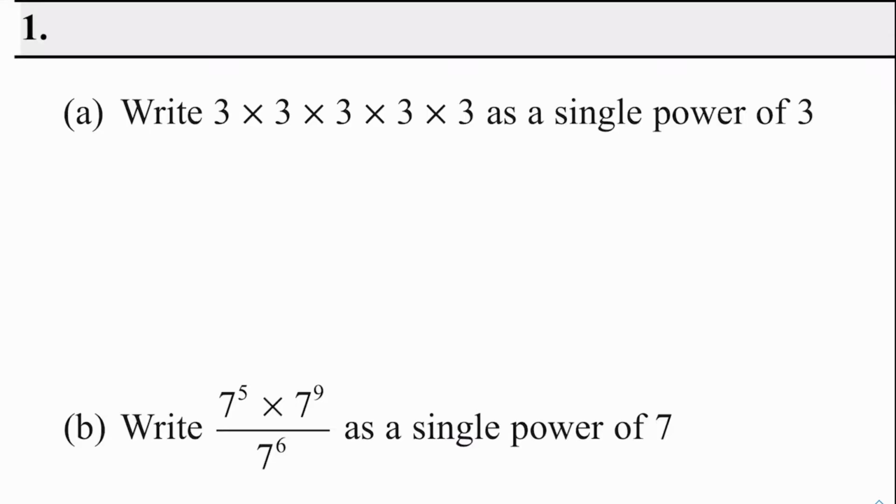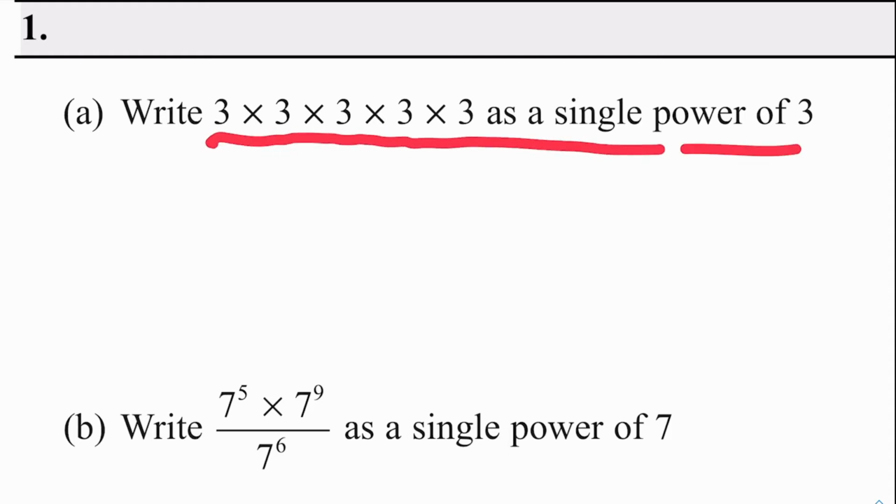So for the first few questions, I'm going to go quite slowly through them just to explain the basic principles of indices, and as we progress to slightly harder questions, I'll ignore the basic stuff and just explain the key points for each question. Okay, so starting with question 1, we need to write 3 times 3 times 3 times